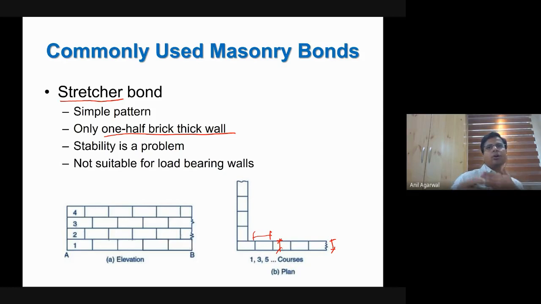And since the wall is very thin, stability of these kind of walls is questionable. Okay, so they are not very stable. So therefore, you would hardly ever see such kind of walls being used under load-bearing conditions. So if the wall is supposed to support any slab or anything of that kind, then you never use. Or if it is a boundary wall, there is a big chance of lateral movement of the wall. In such cases, you would never use this kind of a half a brick thick wall.